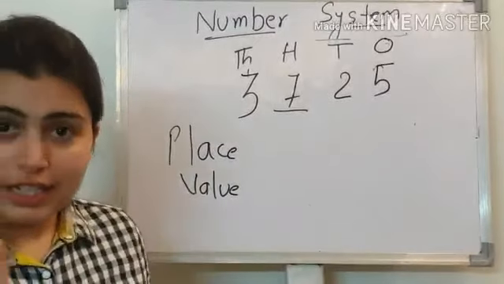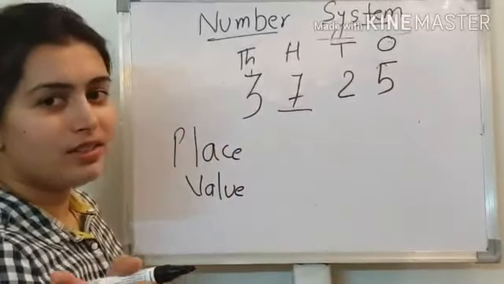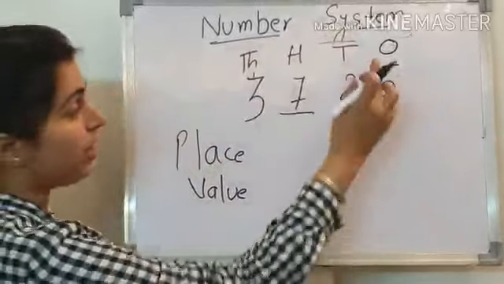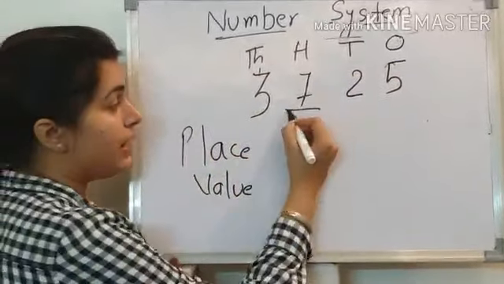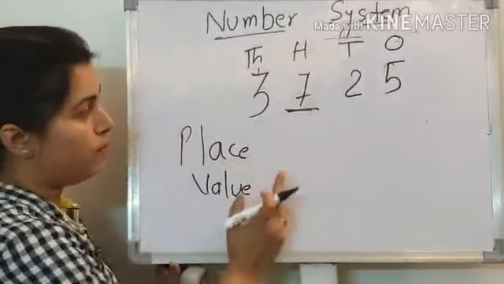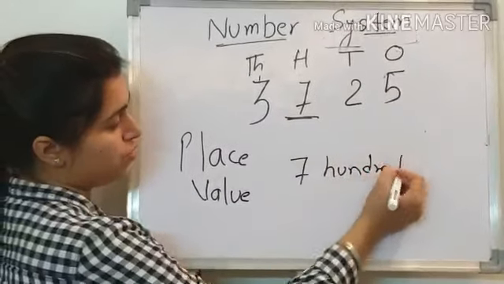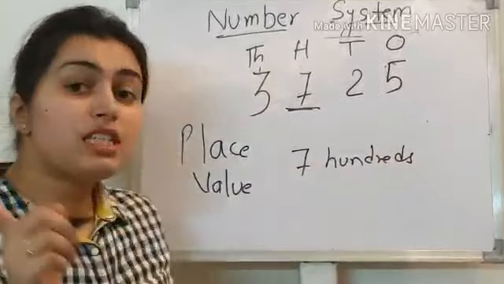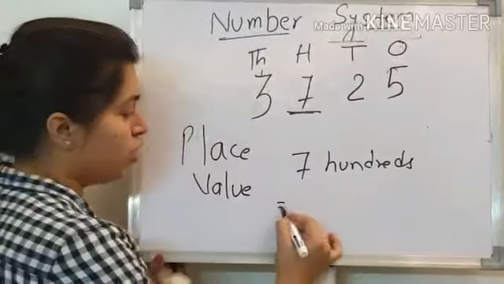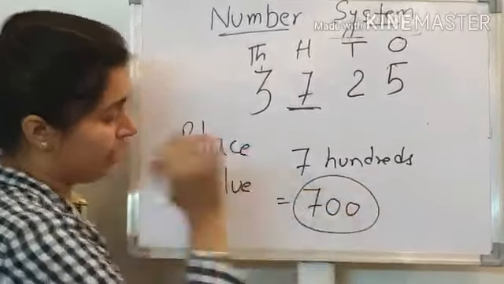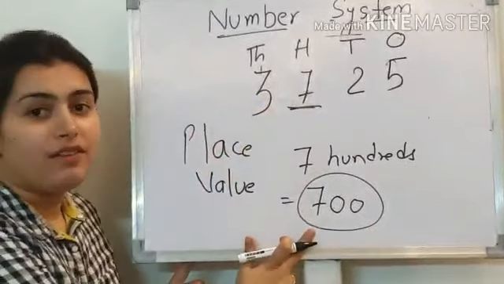For that, firstly you need to assign the place values. Okay. And from where do we start? Yes, again you are right, from the right side. Ones, tens, hundreds, thousands. And to find out the place value, just underline that digit and look at the top. 700s. I am just writing 700s. And students, how many 0 do we put when hundreds come? 2 0. So the answer is 700. What is 700? The place value of 7. The place value of 7 is 700.